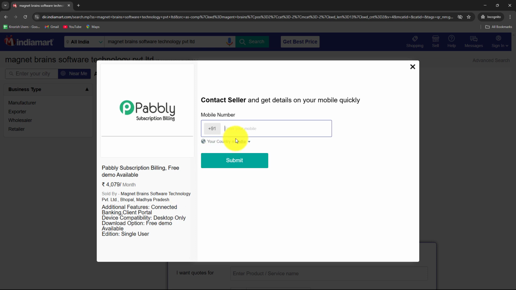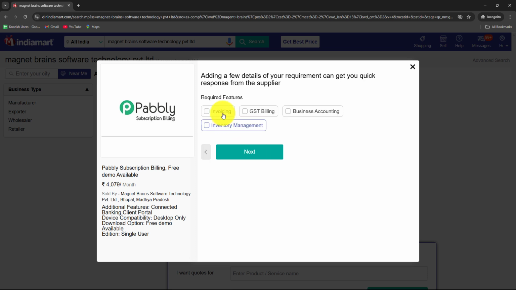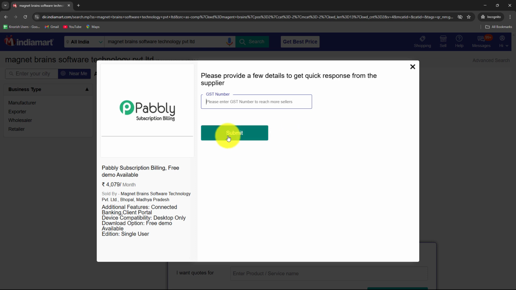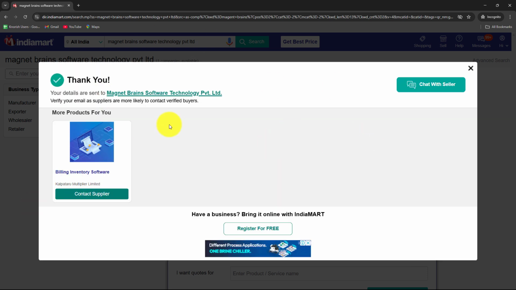It is asking us for the number, so I'm going to enter the number using which I have created the profile. I'm going to enter some other details, and now it is asking us for the requirements. So I'm going to enter my query message. Alright, so here this is the query. I came across your profile on IndiaMART and I'm interested in your business counseling services. I'm looking for expert guidance on financial planning. So I'm going to submit this inquiry,